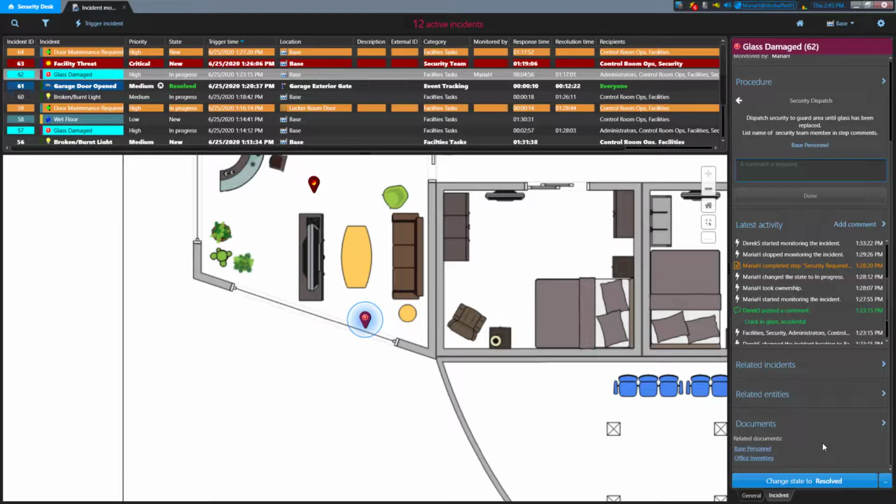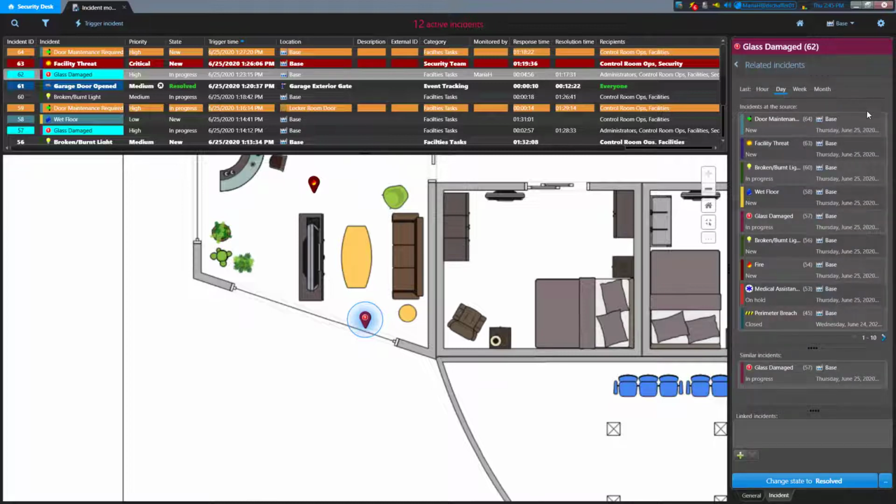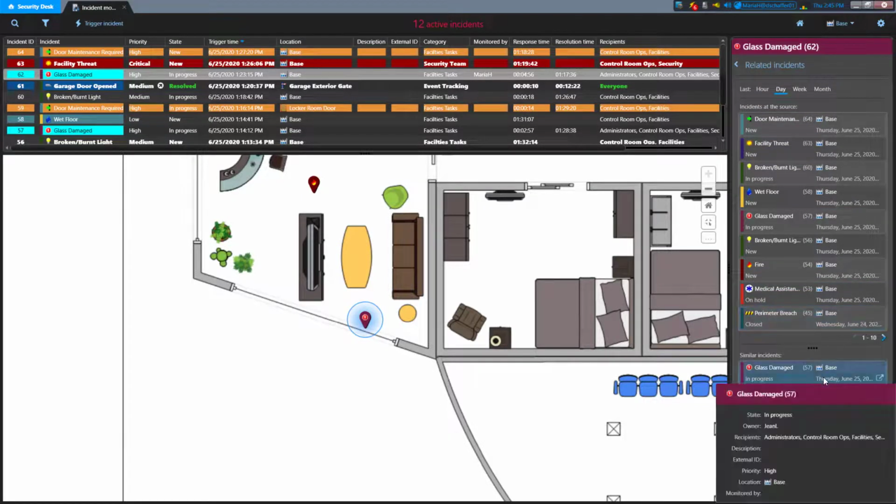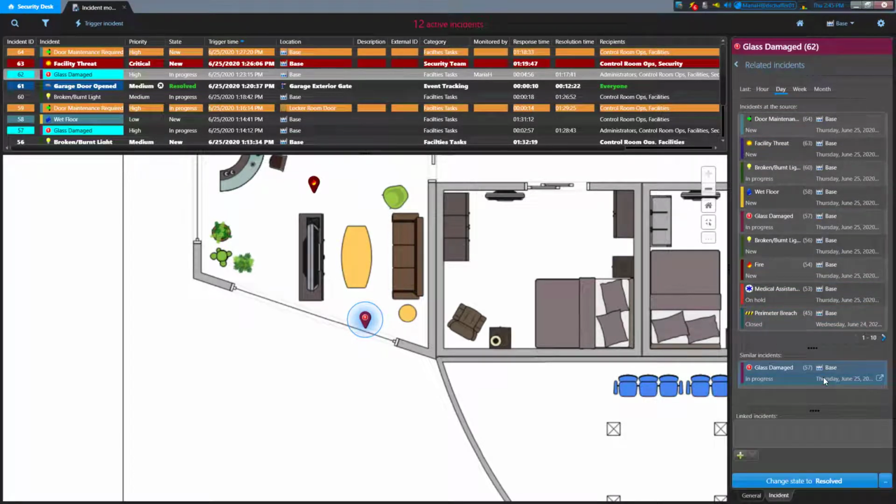The Related Incidents section is used to look up similar incidents to the one you're working on, either triggered on the same entity or that have the same type of incident. You can also connect two incidents to each other from this section, so anyone reviewing the incident or working on it later can see that there's something else happening in another incident that affects this one. They remain independent incidents, but the person at least knows that there's more information to review in the other incident.